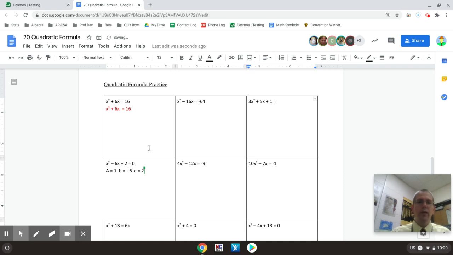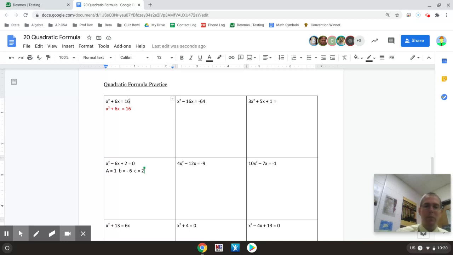Okay, we're going to go ahead and talk about some quadratic formula and practice with it a little bit. There's some notes up further on this page. If you haven't already looked at them, go ahead and pause the video, read through the notes, the series of steps. It explains a lot of different things to do, and we'll try to illustrate what they mean with some